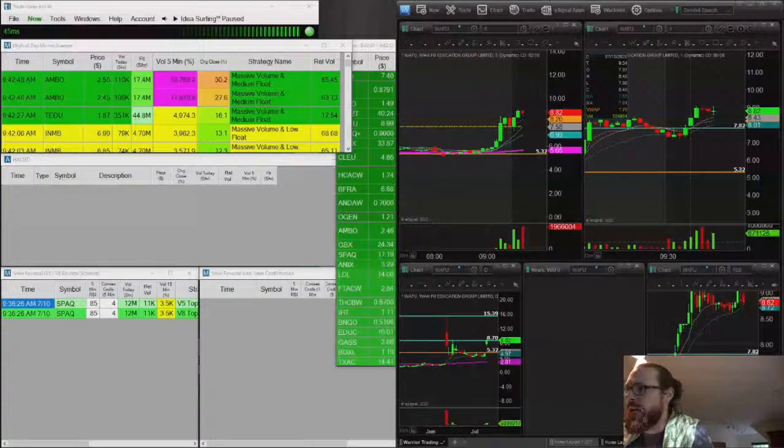Bounces off the 9 moving average. We've got 7 million shares of volume. And I take a little profit off it, 78 or 80 or whatever that was. So I trade around a core position. I hold a piece, and I've been holding a piece now for a long time, but I'll add on dips, and then